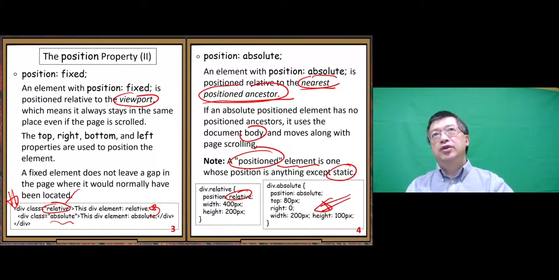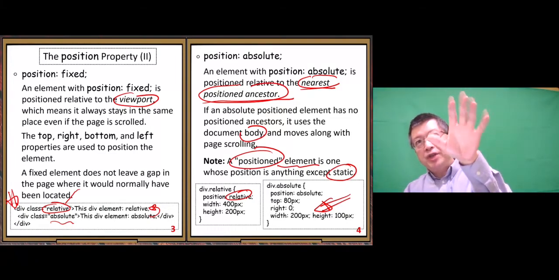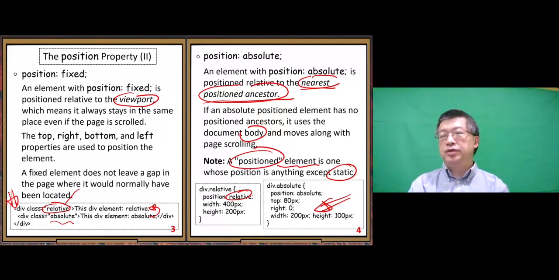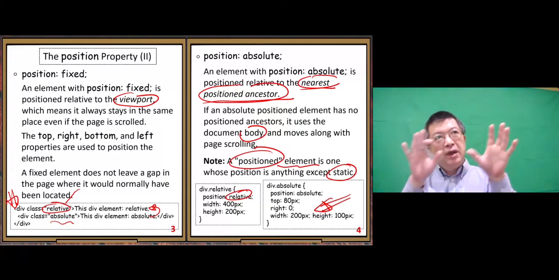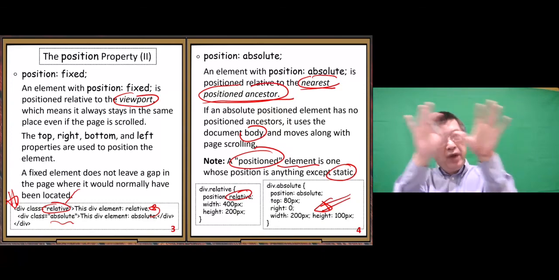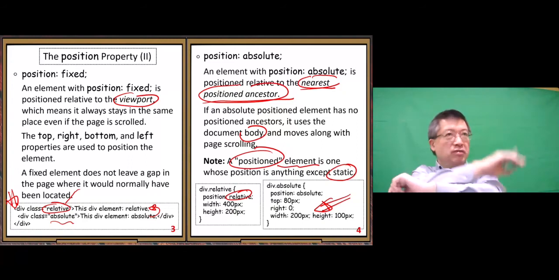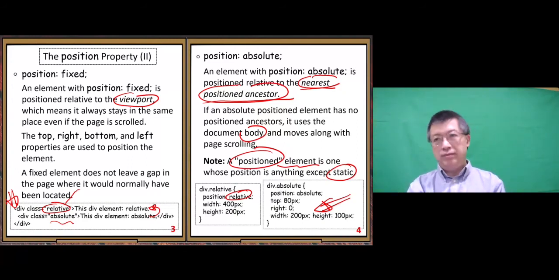So we just get some basic understanding of these rules. When we use this property, we need to build up some experience. After we get some experience, then we can place all the elements in the right location, where we like to place them. All right. Next,